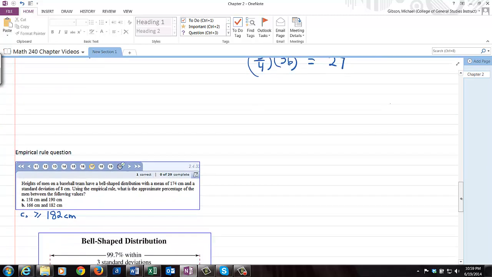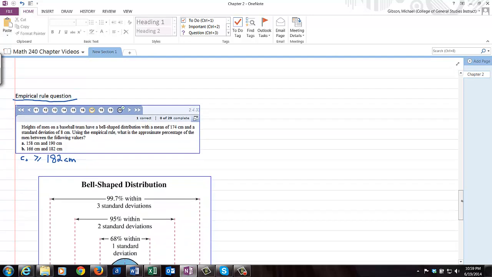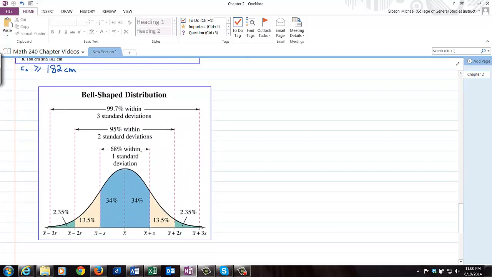All right, let's look at the next kind of question I wanted to show you. It's an empirical rule question. And really, the thing that causes trouble here is that the graph they give us to describe the empirical rule is kind of missing something a little bit. Maybe I should say it's not clearly labeled. That's probably a better way of putting it. All right, so what we've got here is